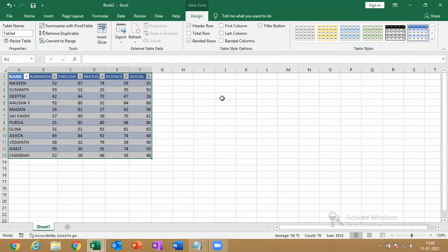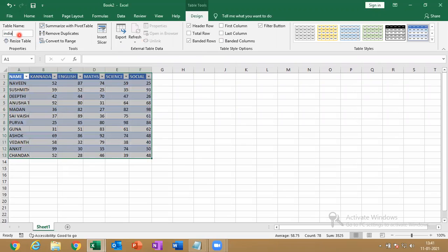Is that clear? Okay. So once you convert it to a table, you will be having table tools. Under table tools, you will be having the design tab. Here you can rename your table.